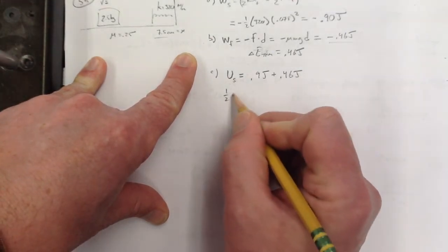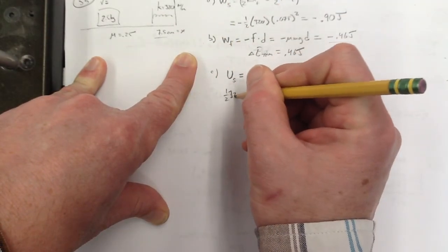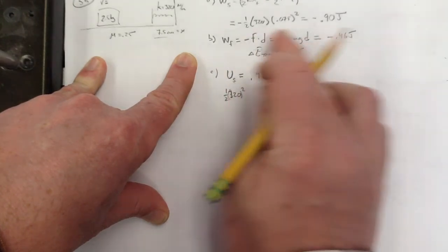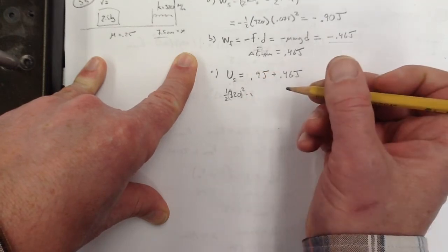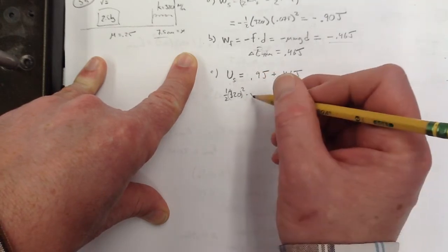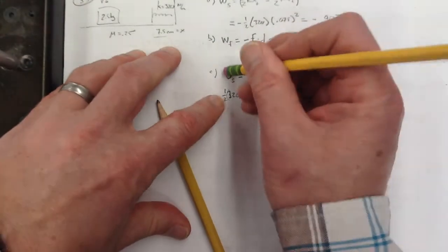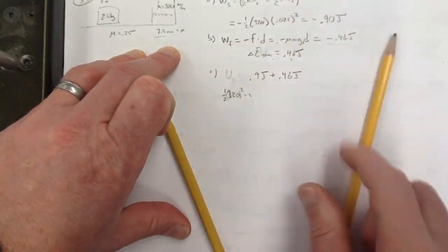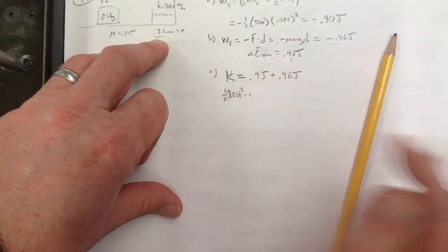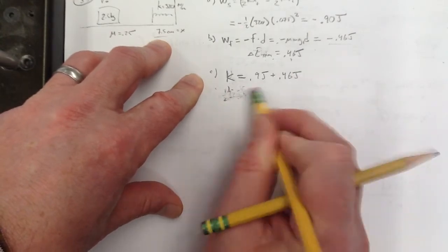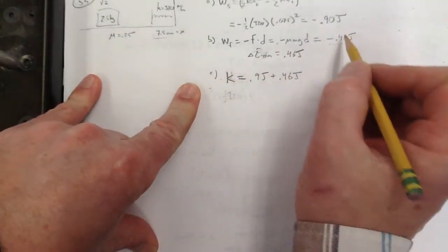I guess I would think that understanding the signs, the positives and negatives here, is probably the trickiest thing about this problem. Oh, we already know. Oh, sorry. They're asking, and this is all the kinetic energy, not that U_S, that's just this, right? So, sorry about that. We already did that. So anyway, that doesn't change what I was saying, that the trickiest thing is maybe just understanding how to